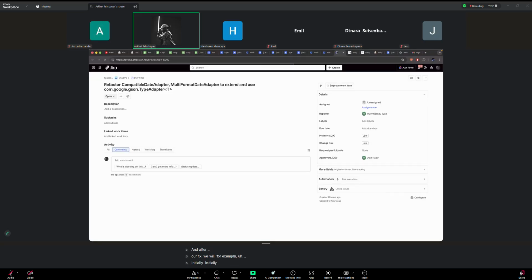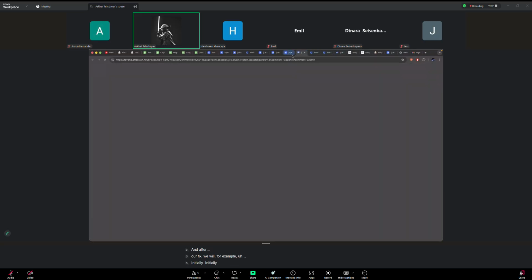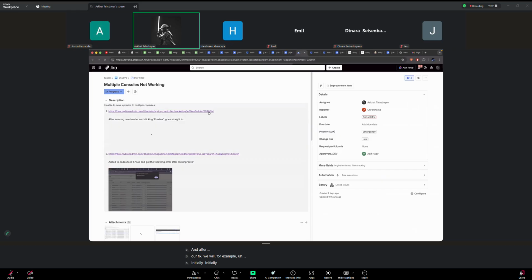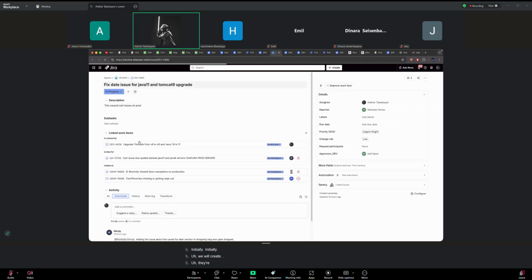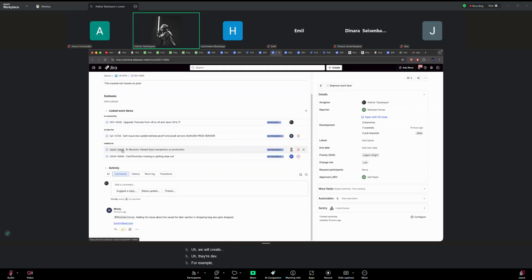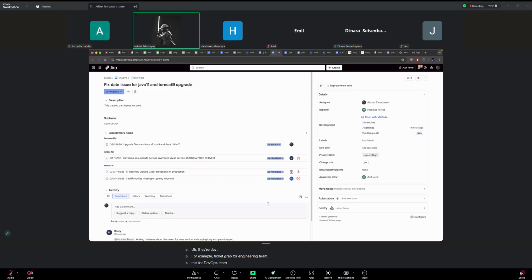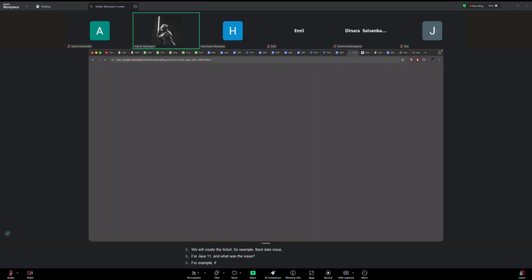Initially, we will create the dev ticket, for example, for the engineering team, dev for DevOps team. We will create the ticket, for example, fix cart issue for Java 11. And what was the issue? For example, if I sign in